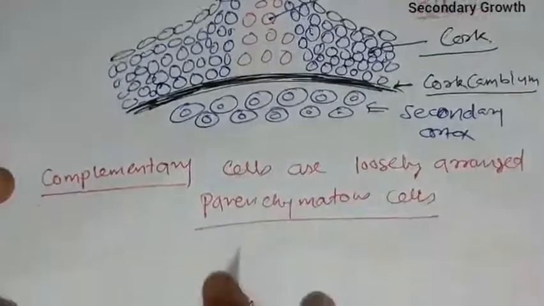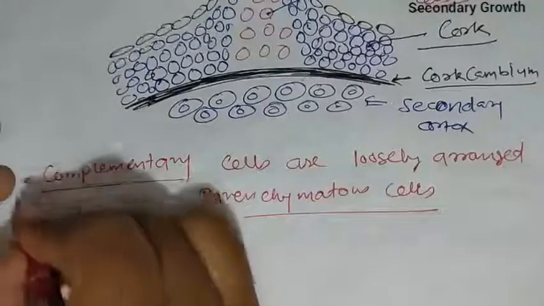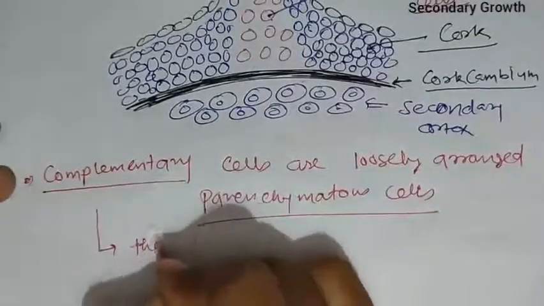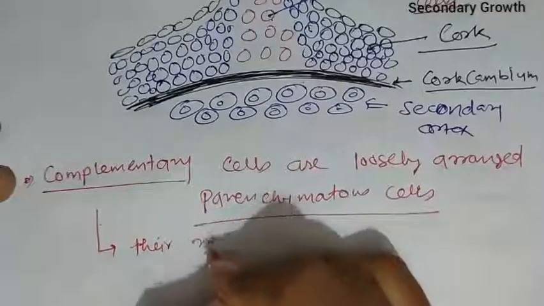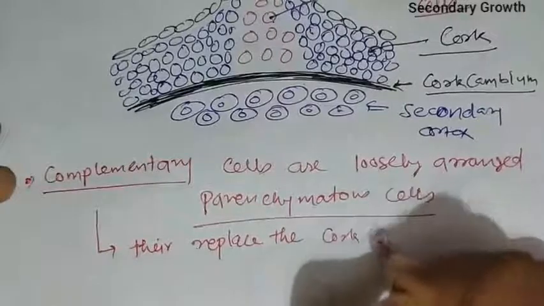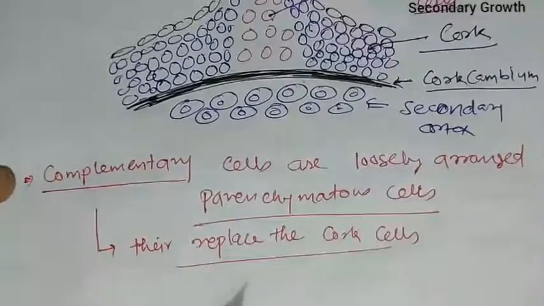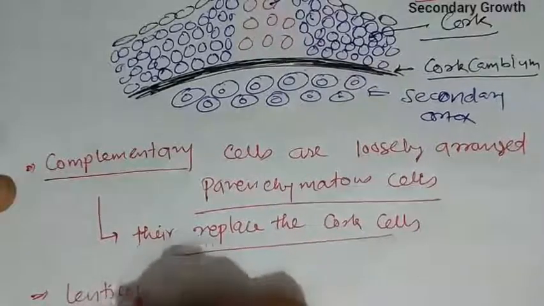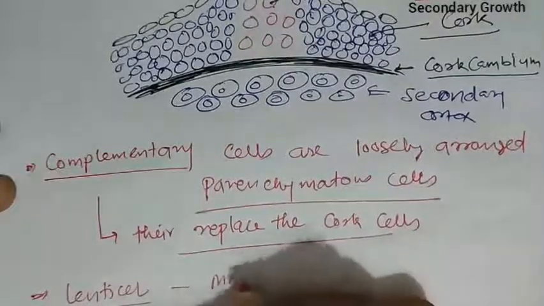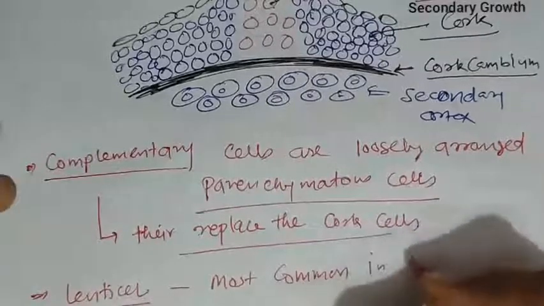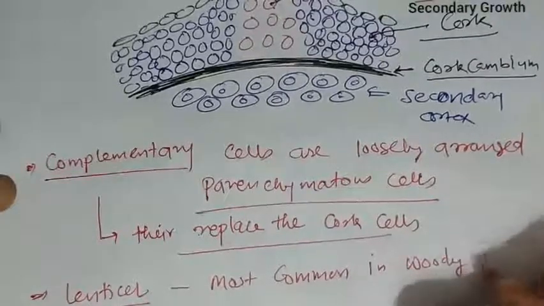Okay, next to that they replace the cork cells of that region. Okay, and lenticels are most common in woody parts,